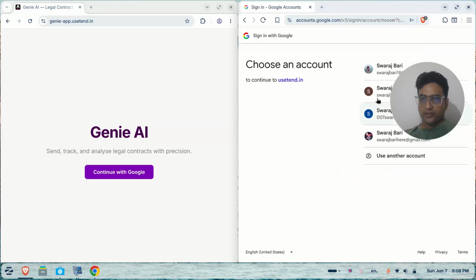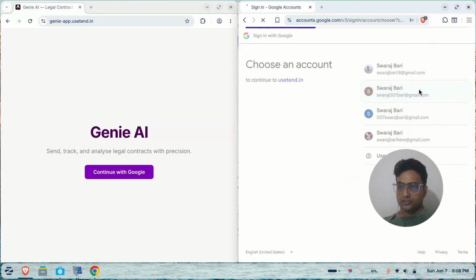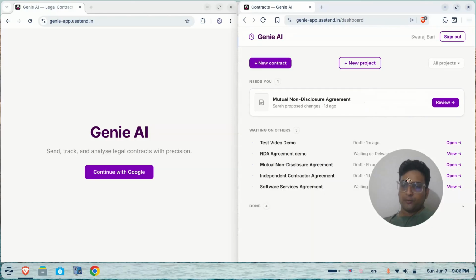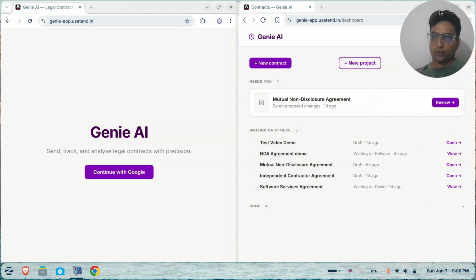Basically, what happens is whenever a user creates a contract that he likes, he then has to download it and then upload it to platforms like DocuSign or BoldSign, and then share that URL with all the other parties for them to get it signed, and then to also track which contract was sent to which person. He has to maintain some sort of Google Sheets record to basically track where everything is going. So just to solve that,